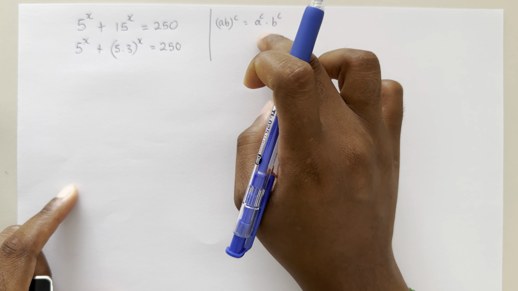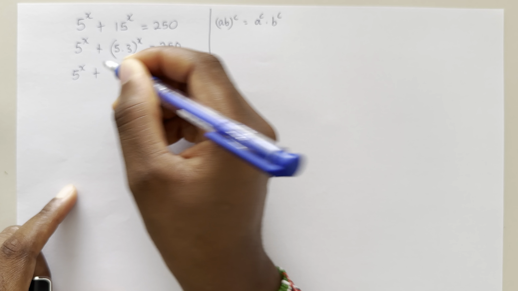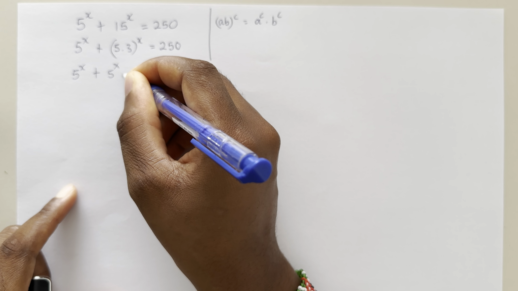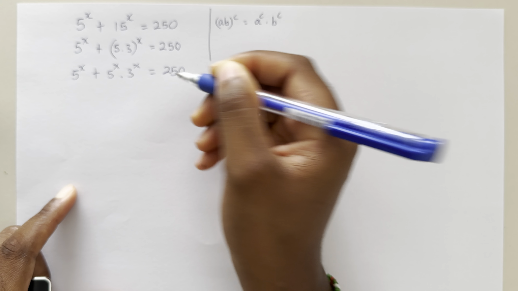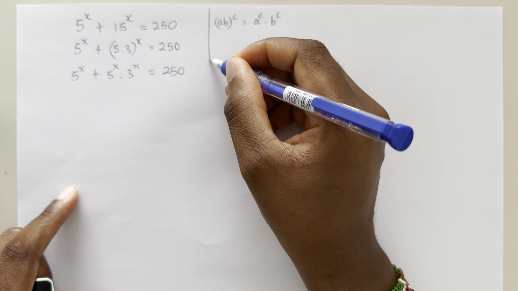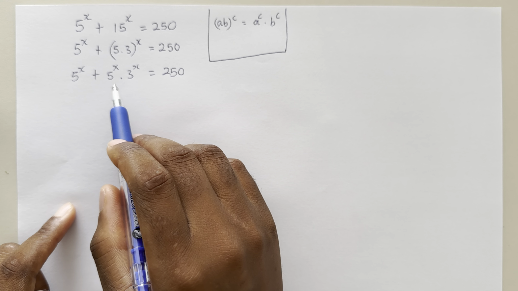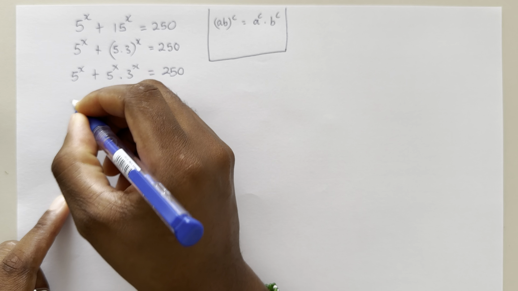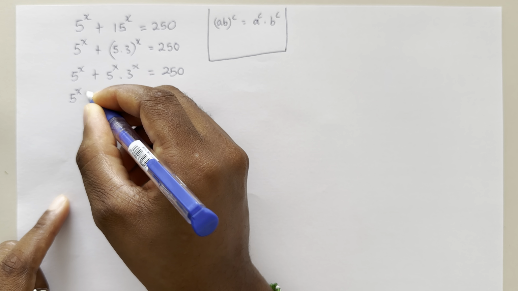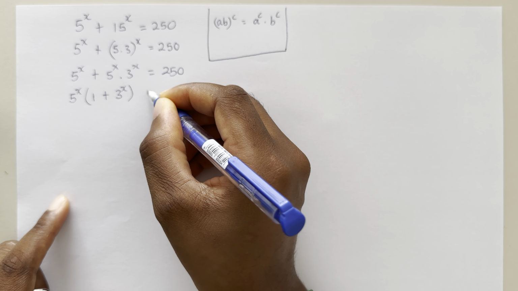Now this law becomes effective because now we are going to say 5 to the power of x plus 5 to the power of x times 3 to the power of x is equal to 250. I hope you understand this part. All right, now we have the common factor, which is 5 to the power of x. So we are going to factor it out and we have 5 to the power of x times (1 plus 3 to the power of x)